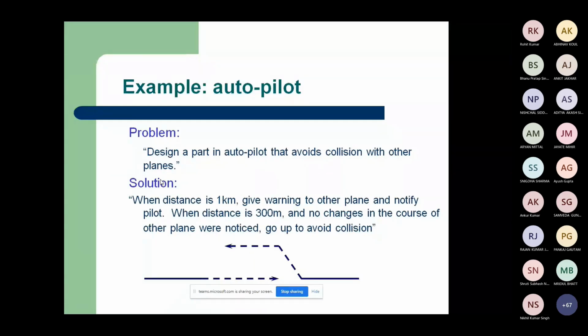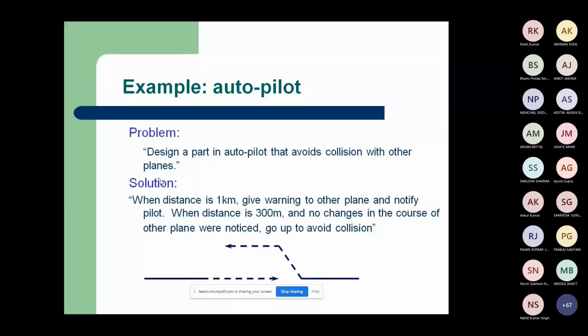And whenever the distance is 300 meters away, and no changes in the course of the other plane were noticed, then go up to avoid the collision. So this is a pretty simple logic. Two planes are coming, and one plane gives the instruction to the other that you are in my sight, and it watches until it reaches 300 meters, then it goes up. Okay, but the